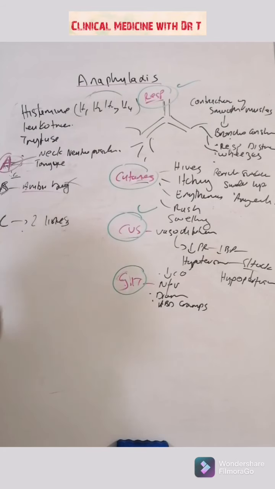But the most important thing is to anticipate anaphylaxis. Even with a bee sting, if a patient comes in with a history that they were attacked by bees, what is gonna kill them is anaphylaxis. They're not gonna die from the stings themselves, but from the anaphylaxis. So yeah, let's meet on part 3.